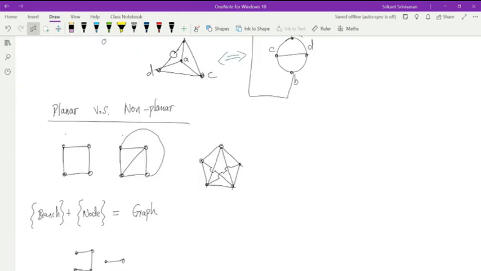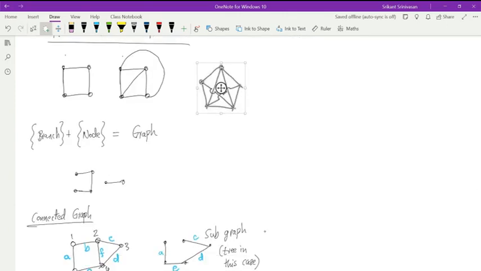Further, when the networks become more complicated, that means you have non-planar networks. Planar networks you can represent in 2D, and it's easy for me to visualize what is the smallest mesh over here, what is the mesh over here. But when I see this kind of network, it becomes difficult to visualize. So at some point you have to transition from pen and paper to computer, or you need to have some very standardized procedure of solving these networks. That is where we come to this concept of using branches and nodes.